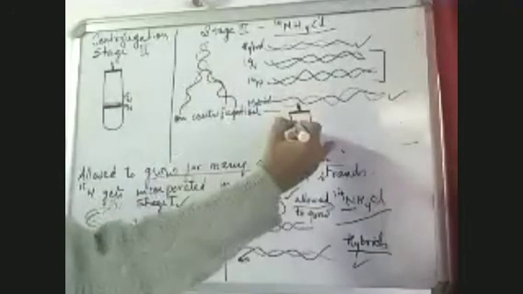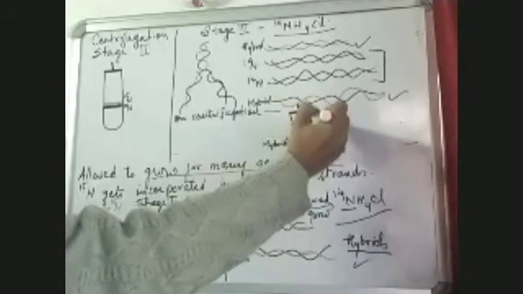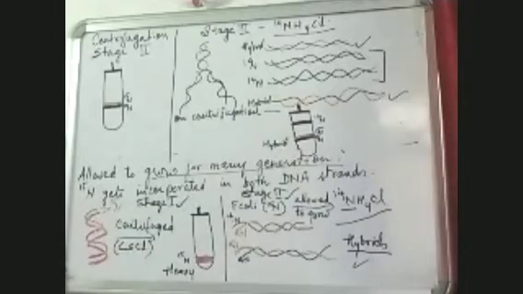The normal took a place somewhere here. So this was a hybrid which has both N15 and N14, whereas the normal had just one, which is N14. So these were the bands which were formed after density gradient